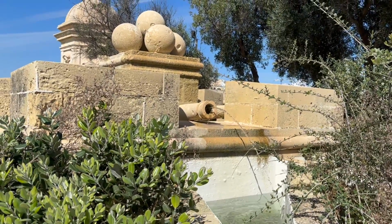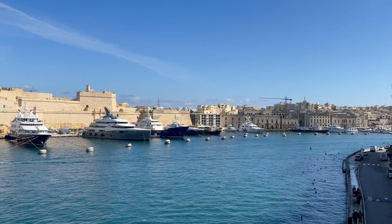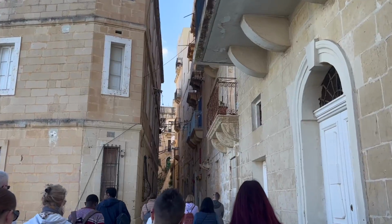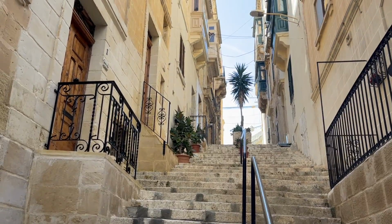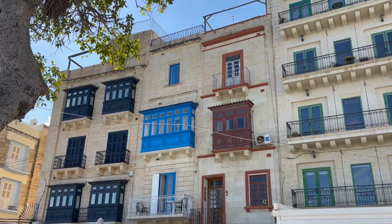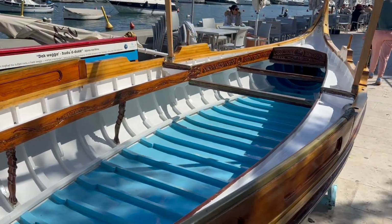And after that, we continued the tour just through these little gorgeous neighborhoods. I don't know if it was just because it was off season or what was going on, but we were literally the only people there besides the locals, and it just felt like getting kind of a sneak peek view into the local daily life. As you can see, a lot of color, a lot of details, a lot of tradition. So we thought it was beautiful. We will definitely be coming back to Malta